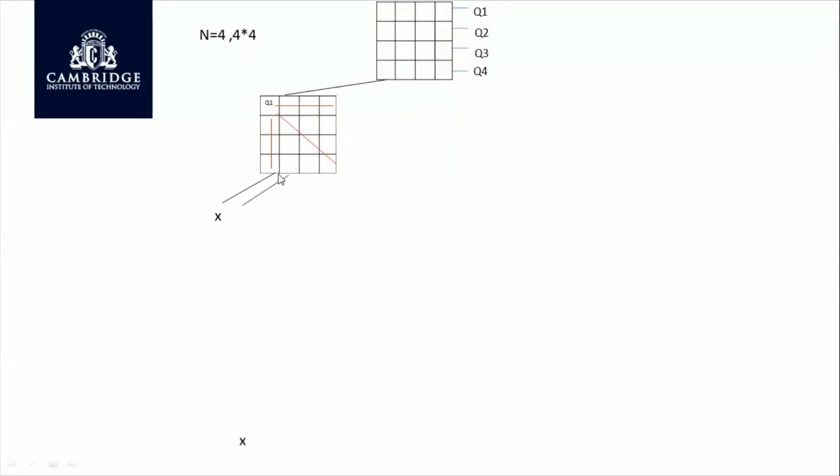Second column also is not possible. Right? Now, is the third column possible? Yes. So I place the second queen in the third column of the second row. Clear? Okay. Once queen 2 is placed, which chessboard positions get blocked? Diagonal and row. So this is already blocked. These two are already blocked. So this position gets blocked.